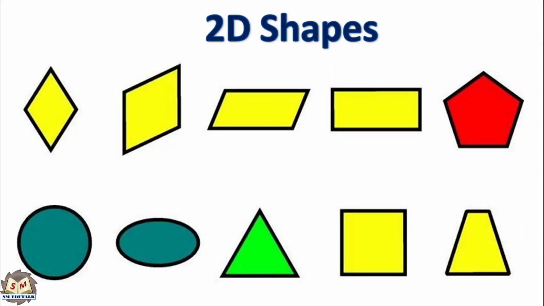Before entering into the topic of theory of projection, we are going to see the objects of different dimensions. First, 2D shapes. These shapes are flat and do not have any depth. That is, they have only two dimensions, which are length and width. We can create 2D shapes using thin materials like paper, or 2D shapes can be drawn on a paper or a computer screen. Because both the paper and a computer screen have planar surfaces, that is flat 2D surfaces.